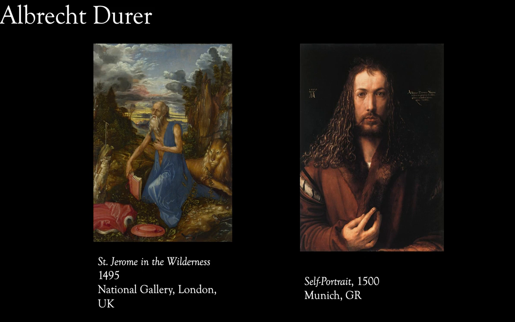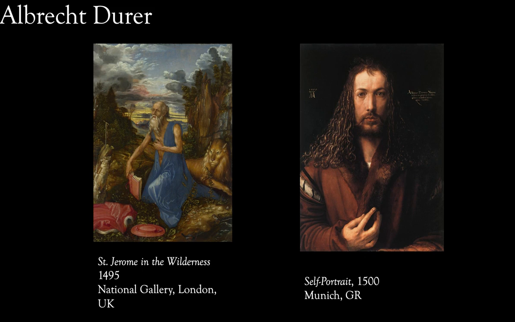The first is St. Jerome in the Wilderness. This is the one on the left. This is an oil on panel painting, and this is a biblical religious scene. And you can see again that while there's a lot of detail and while there's certainly elements of the artistic Renaissance, it's not as technically perfect or refined as we might see from some of those Italian masters.